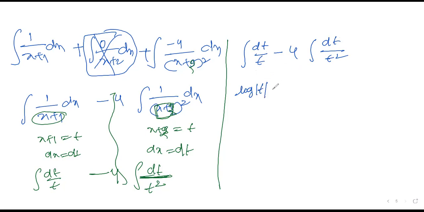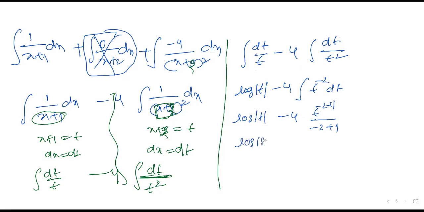Okay, -4 into what is the answer of this one? dt by t square. So still you are not perfect. You must take your t power -2 dt. You can work on that like the x power n model. -4 into t power -2 plus 1 by -2 plus 1 is -4 into t power -1 by -1, so -1 by t inverse, okay, -1 by t will come. So this is +4 by t will come. Clear?